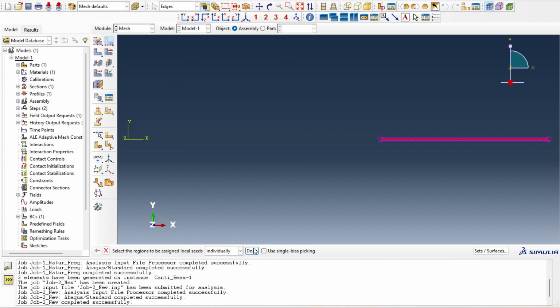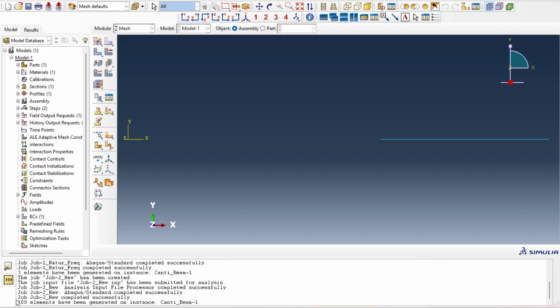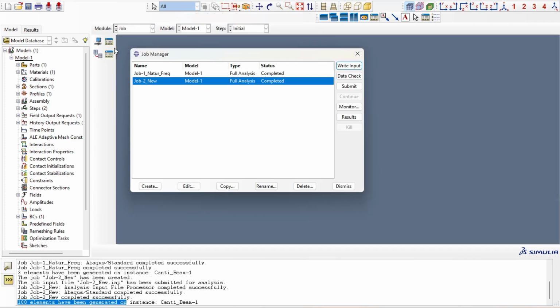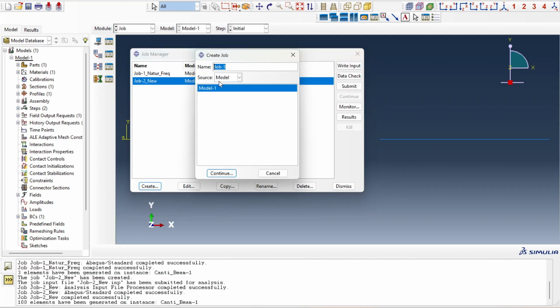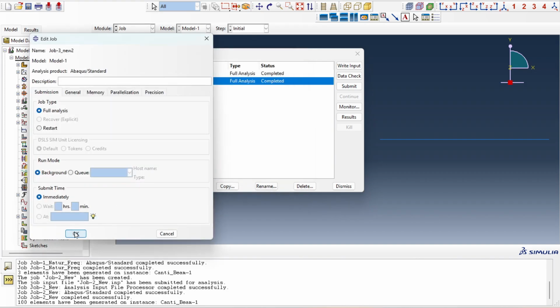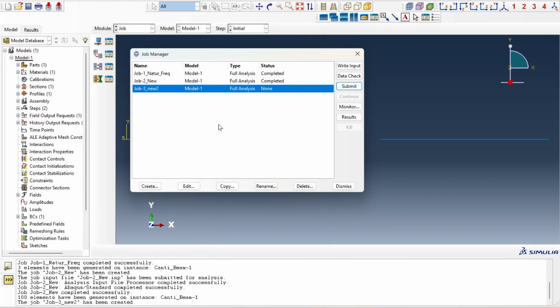Okay. See, I have taken 100 elements. It is displaying that 100 elements have been generated. Okay, then I will go to job again, create new, continue, okay. I will submit again here,